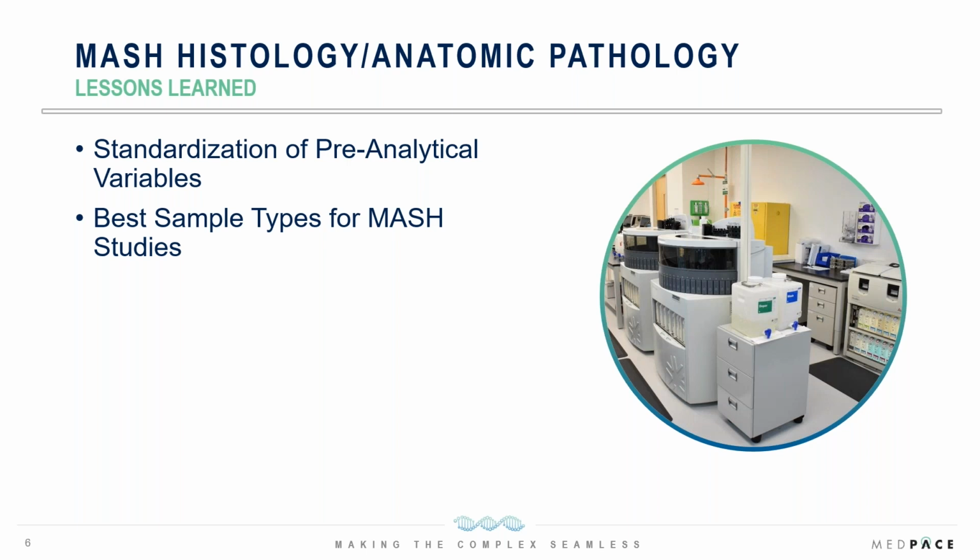For this talk, I'd like to focus on a couple of lessons learned from the setup of MASH studies over the years. I've got two topics I'd like to address here. The first is the standardization of the pre-analytical variables that are involved in the handling of these liver biopsies. And secondly, I'll address the question of what are the best or preferred sample types for a MASH